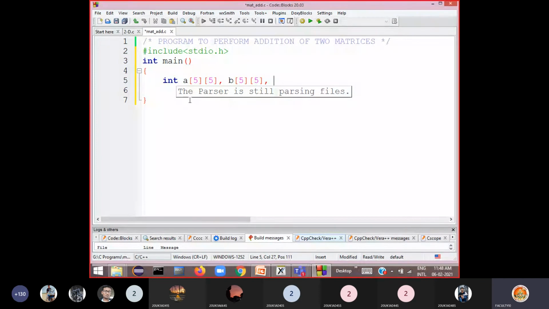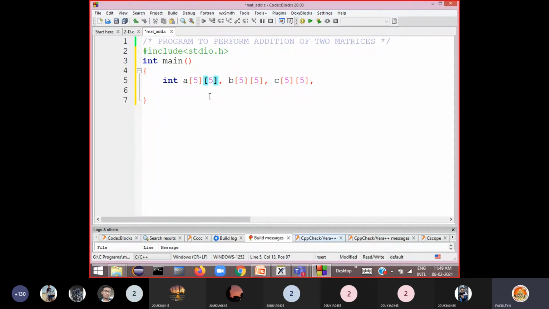Then to store the resultant matrix, again we require another two-dimensional array, so you declare a two-dimensional array C of size 5 by 5. So these are the three two-dimensional arrays to store the two matrices and a resultant matrix.